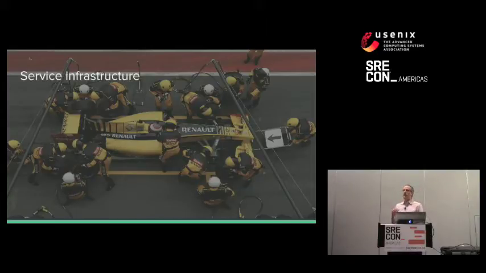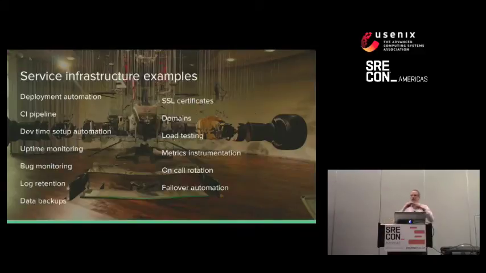And it's kind of the car and the driver are the things that win races. But actually, there's this huge context around the race car, or around our software, that enables us to deliver. And that's what I mean by service infrastructure. So it's basically all the things around the actual app tier that keep it running.